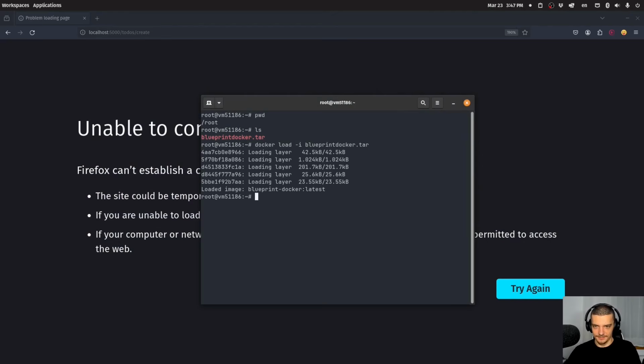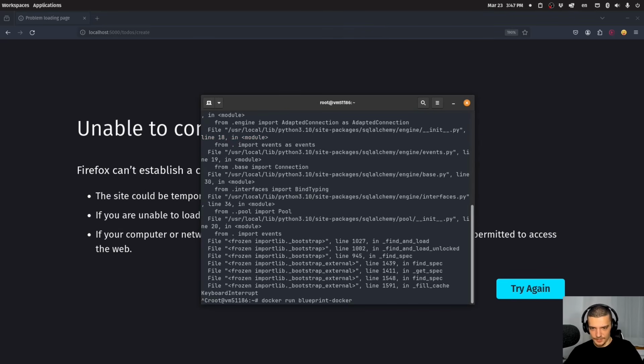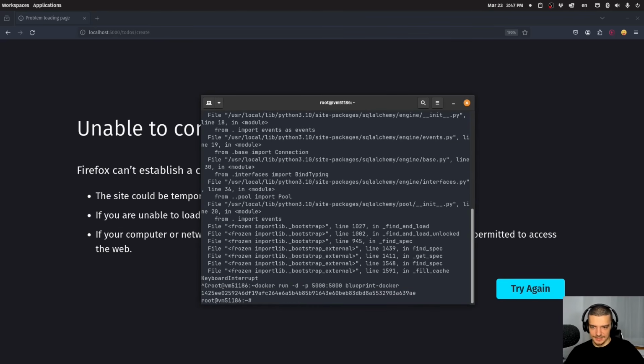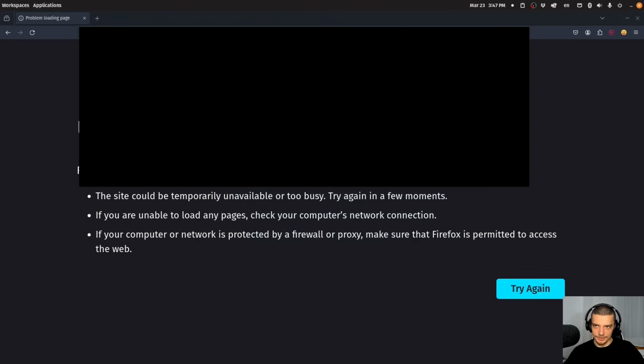And then I have the blueprint docker image on the system, and I just have to say docker run. Or actually not just run, sorry. We need to say docker run, and then what we did before, we need to say -d -p. We want to map again 5000 to 5000, and then blueprint docker like this. And now you can see it's running, and I can go to